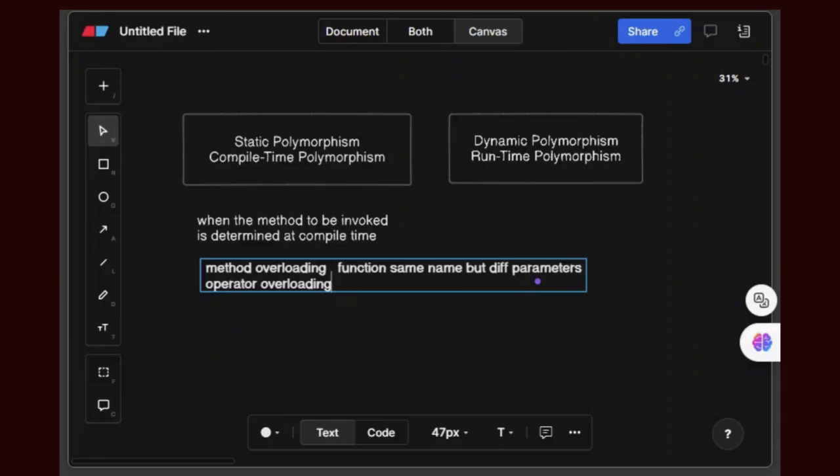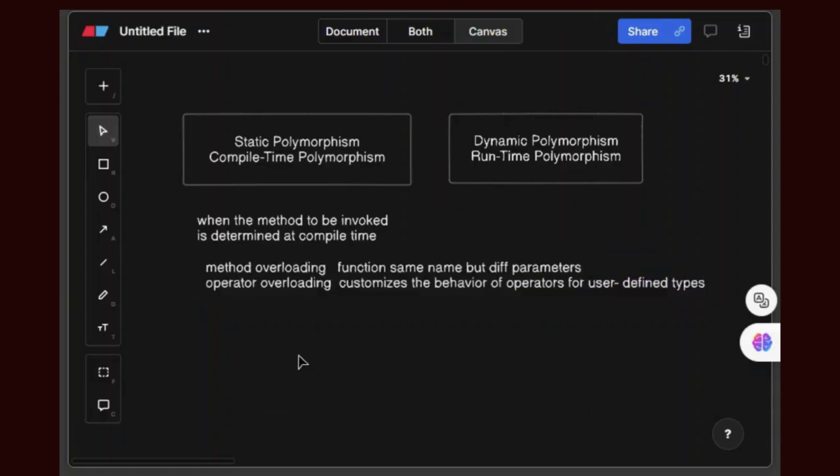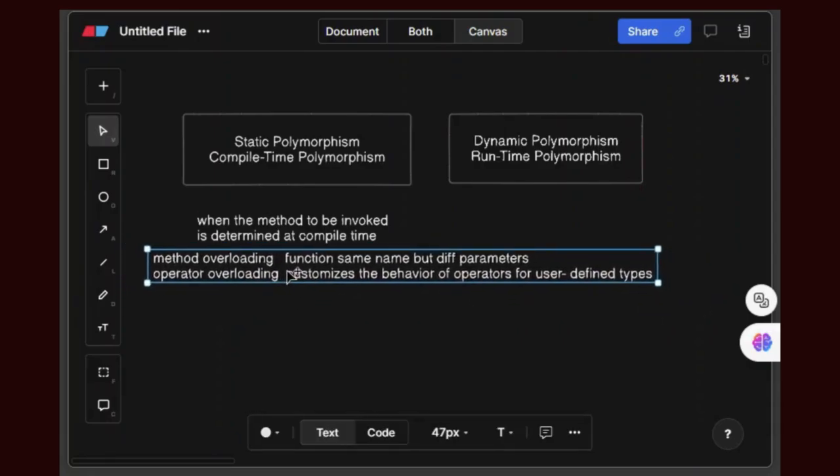Similarly, operator overloading customizes the behavior of operators for user defined types. Both are method overloading and operator overloading.